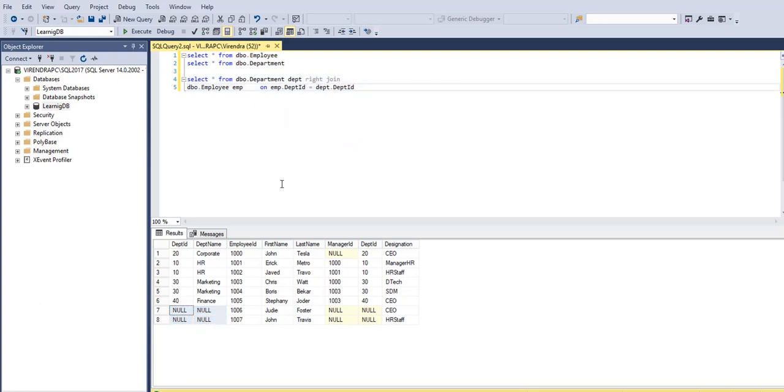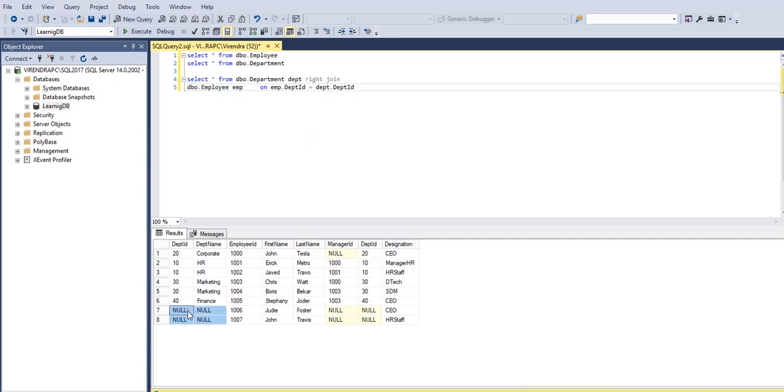Left join we already saw in the last video. So now what if I want the data from both the tables? Even if there are departments in the department table which do not have any employee assigned, I still want to retrieve those departments, and I still want to retrieve all the employees even if there is no department assigned.